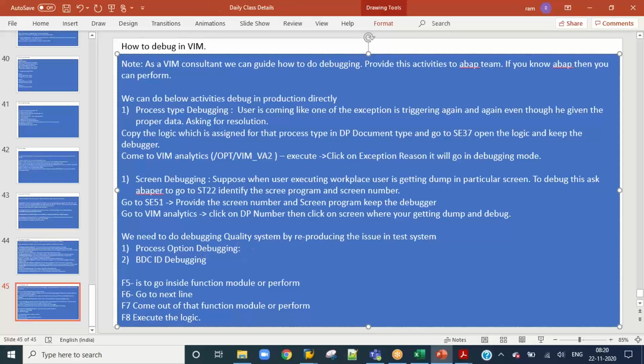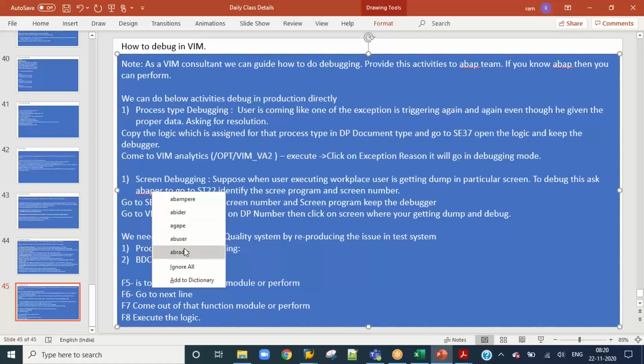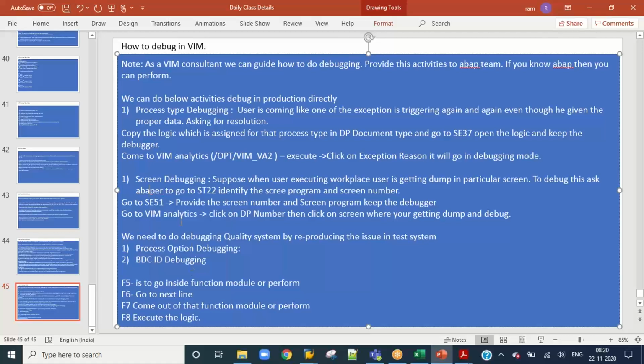If the user is facing some approval workflow issue, then the approver class can be debugged in the production system. The approver class you can debug, there is no issue, but you do not click on approve. Otherwise, you better ask first, because a data problem will come. This is a critical activity. Usually if the next approver is not being determined, then it is due to